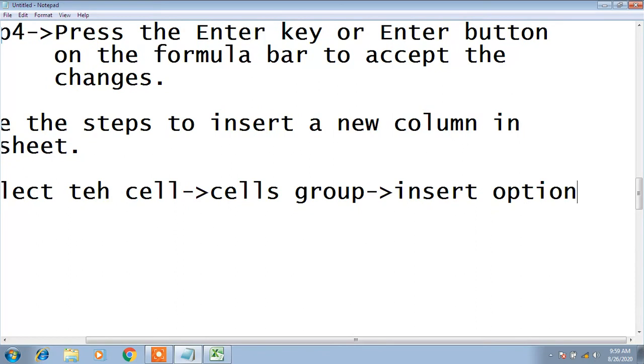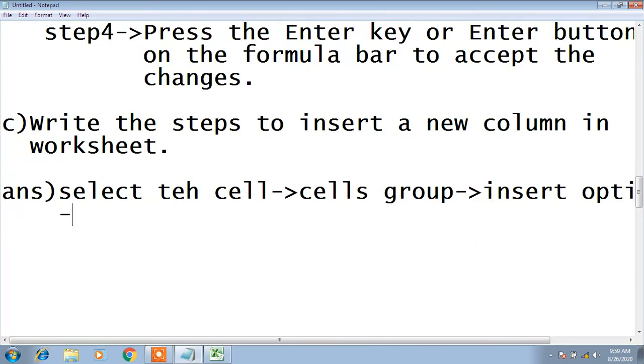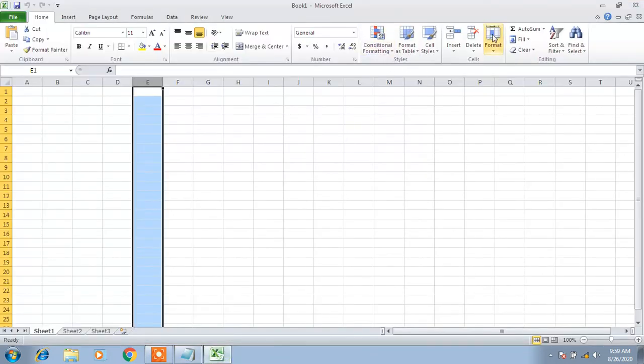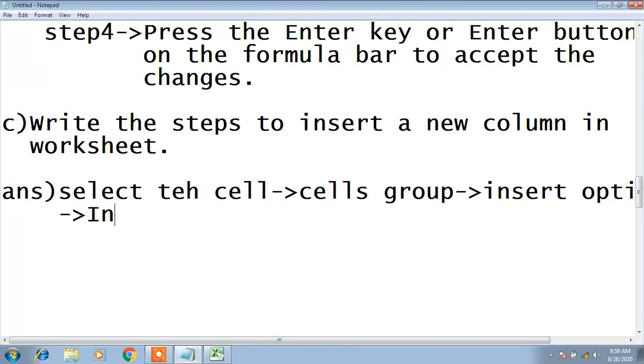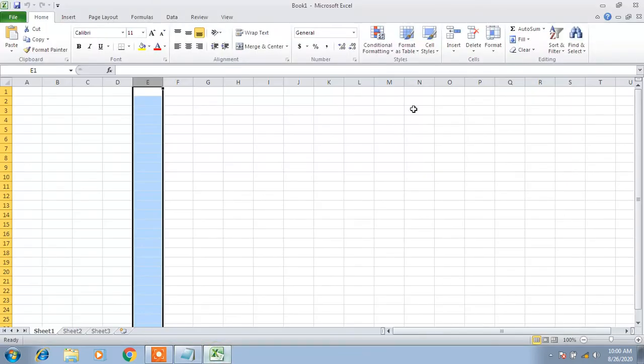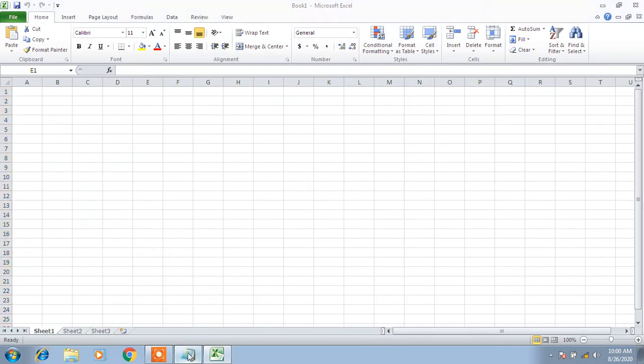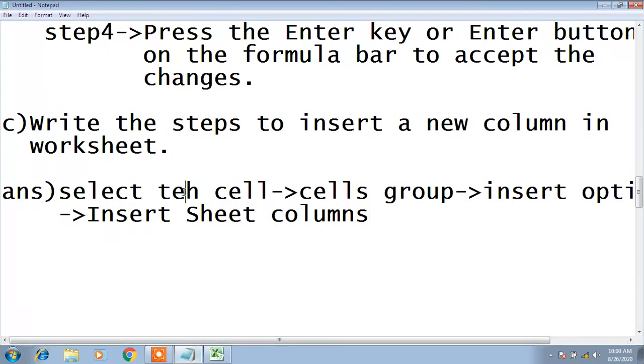In the insert option we have insert sheet column. Select the column, not cells.